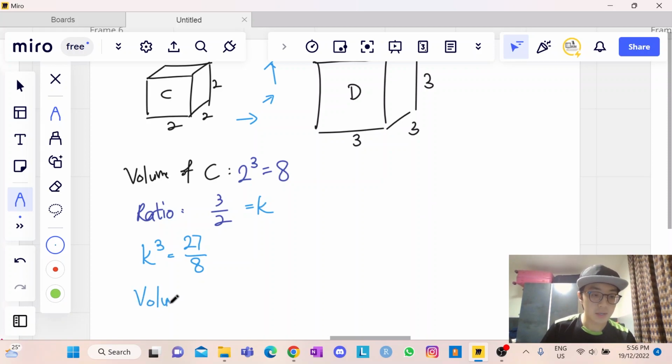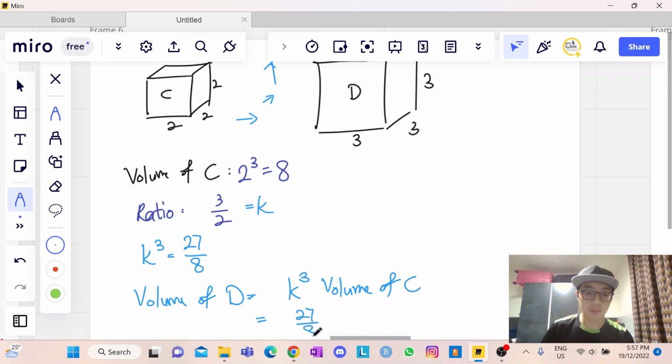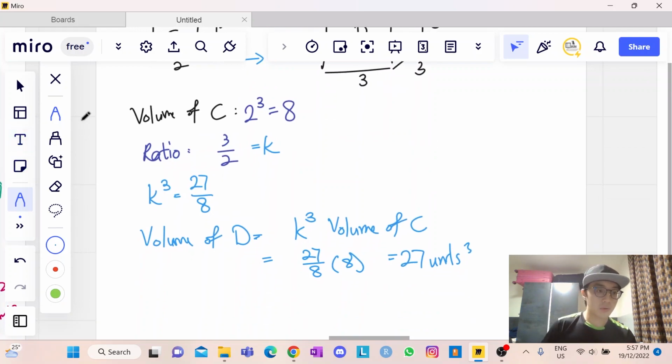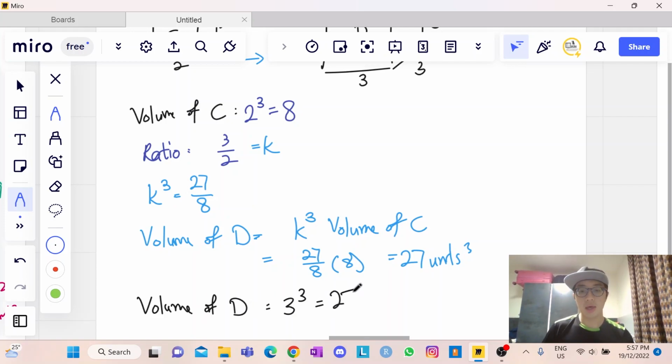And therefore, you can say the volume of D is equal to k cubed times the volume of C, which is equal to 27 divided by 8 multiplied by 8. You will get 27 units cubed. If you double check with the original formula that you know, the volume of D is equal to 3 cubed, which is 27 units cubed. All right, no issue. So this is how you use the ratio k squared and k cubed for